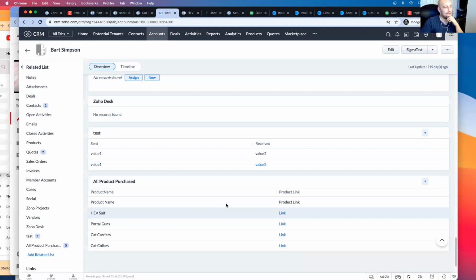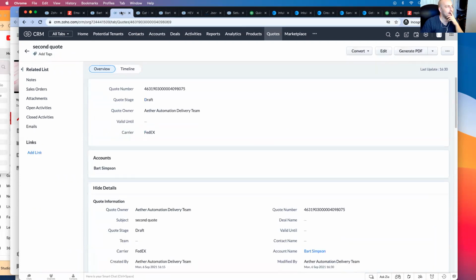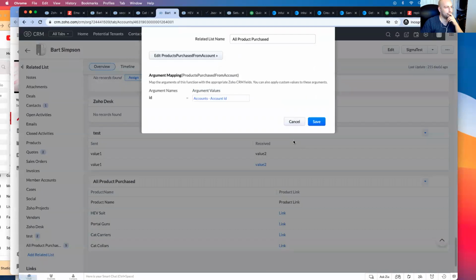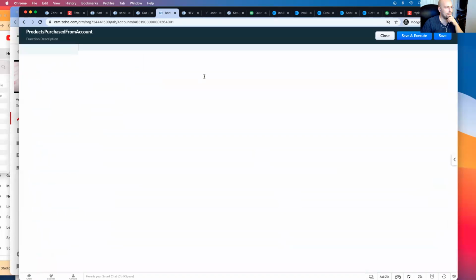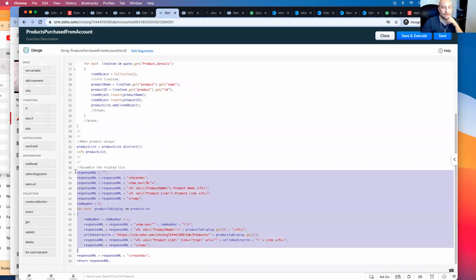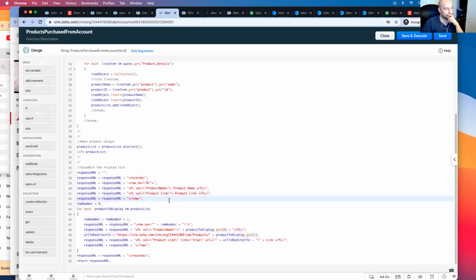Now we can again do anything within here, right? Like we could have another column for the amount purchased, but you know, that would require us going back and changing a bit of the logic. Again, in the go edit, edit. I will post this information on our blog, on our website,